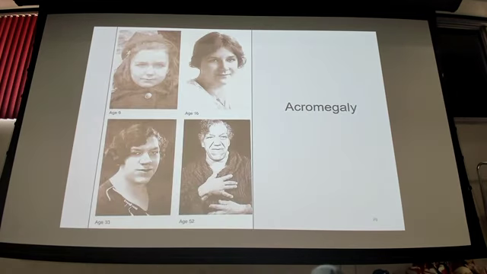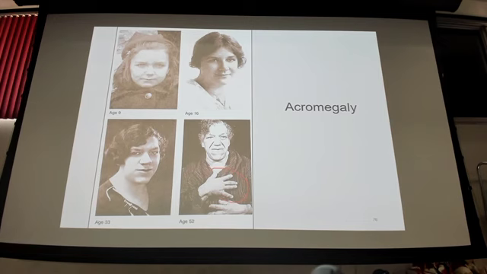I have a better picture of it. So look at this one right here. So fairly normal features, right? And then you start to see this growth and enlargement of the jaw, of the nasal bones, of the forehead, the frontal bones, frontal bossing. So you have a growth of the frontal bones. And if it is left unchecked, you see her fingers, her hands, thick, wide fingers, big, huge features, right?